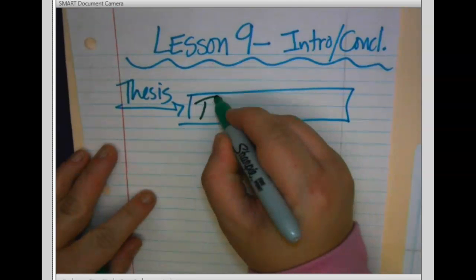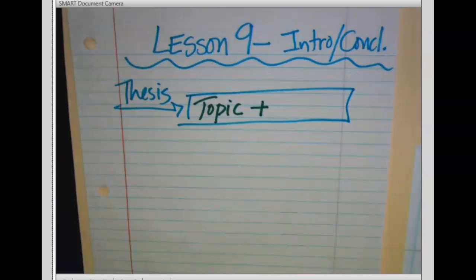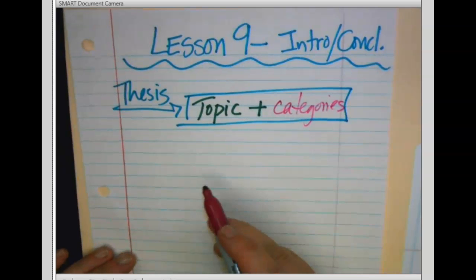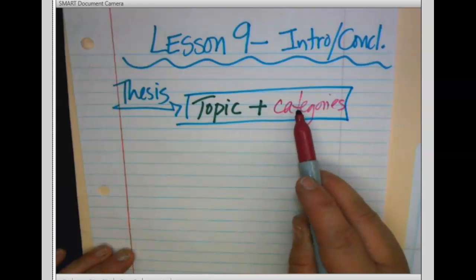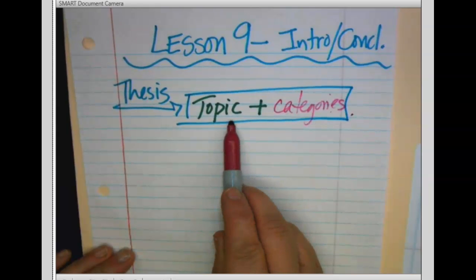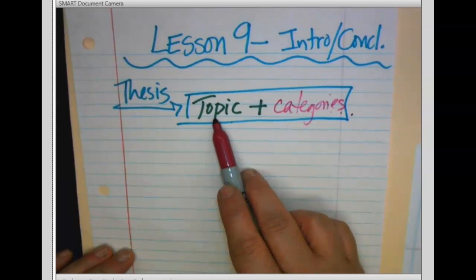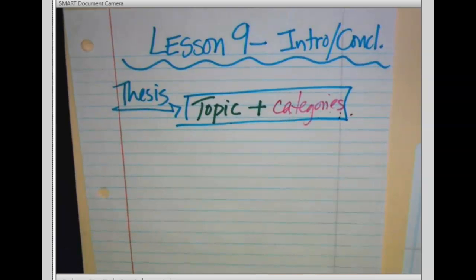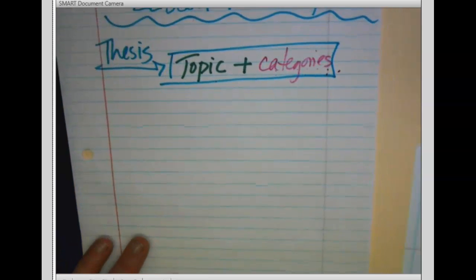If we said your thesis statement is your topic plus your categories, then you might have something like, competition is helpful to students in the areas of something, something, something. Or, thoughtful acts benefit these groups of people, or thoughtful acts benefit others in that they do this, this, this. Whatever your thesis is, once you have your topic and your categories, you need to kind of start thinking